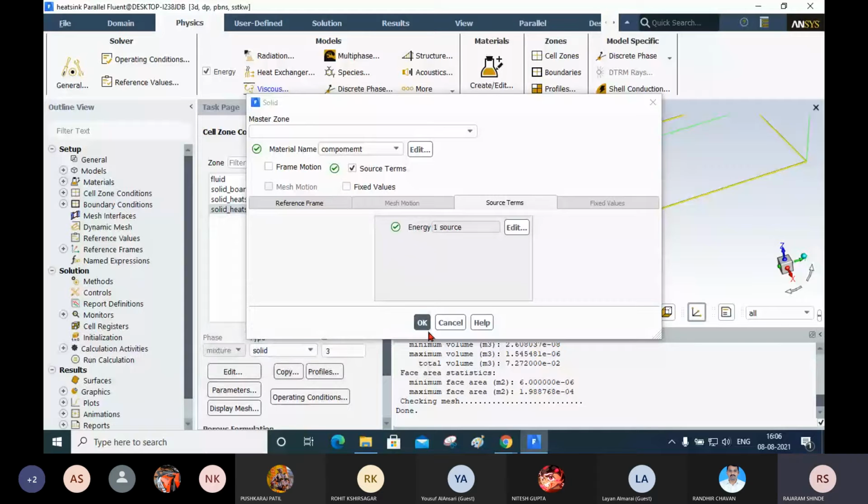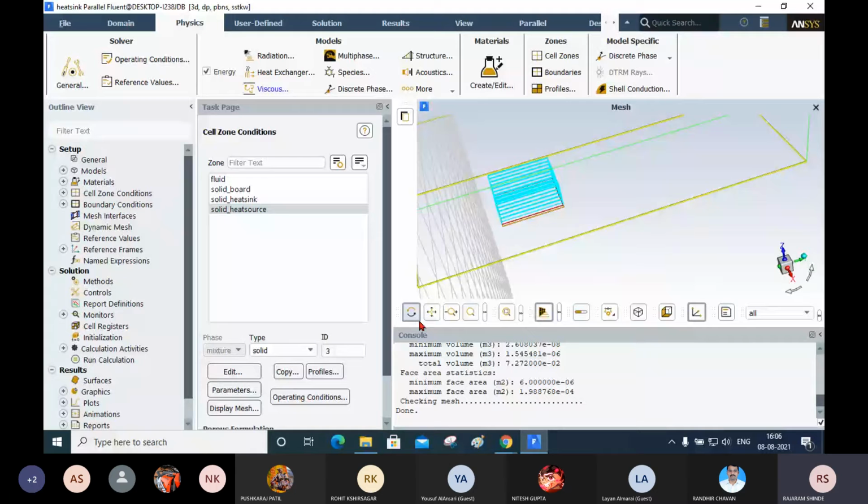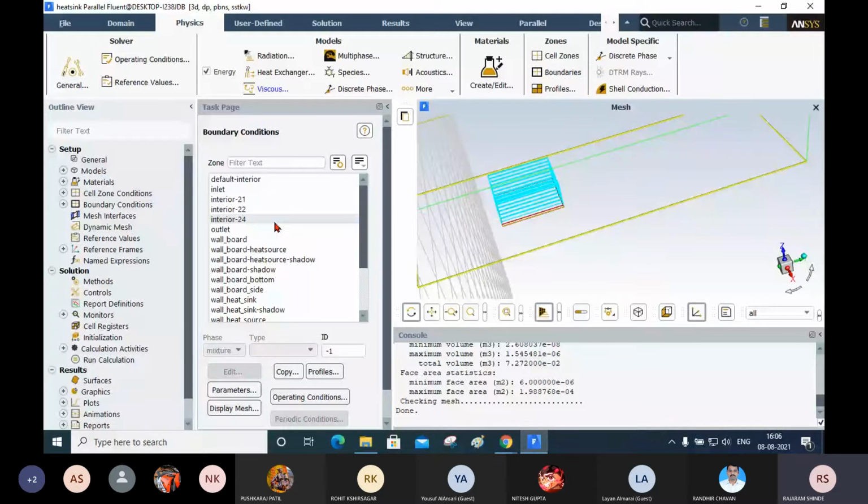After doing this, what you have to do? You go to the boundaries. Now here, click on the boundaries. Now first boundary, you select inlet, and here I am going to apply the inlet pressure. Here there is a zero pressure, that is atmospheric pressure, but I am going to apply the thermal condition.